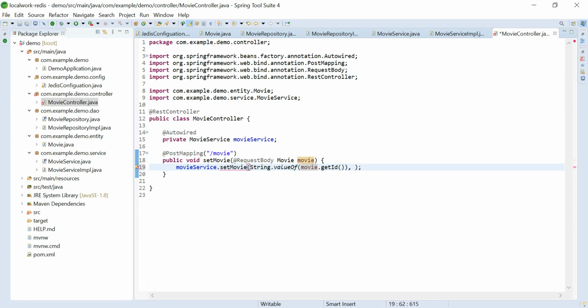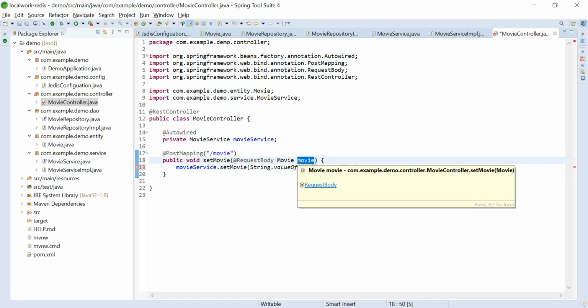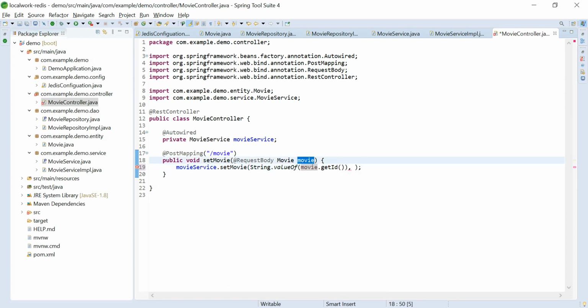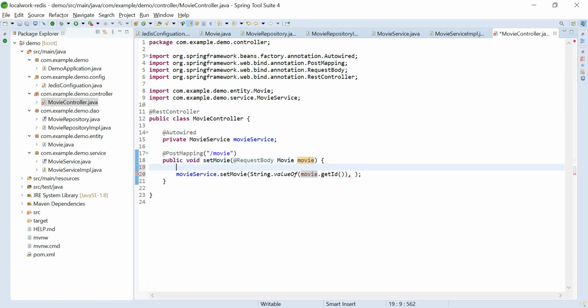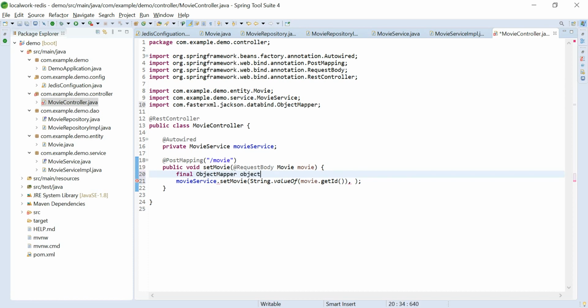As movie is a Java object and this parameter takes a string, we need to convert this object into a JSON string, so we need an ObjectMapper.